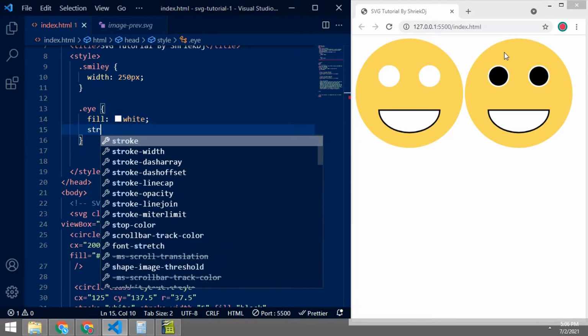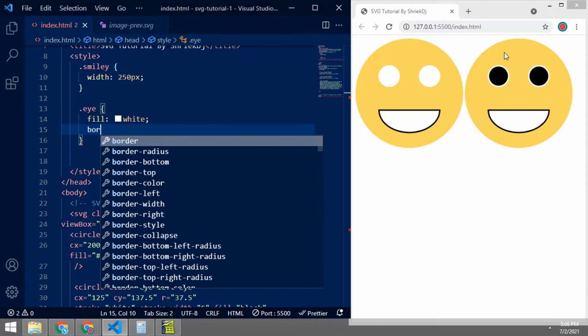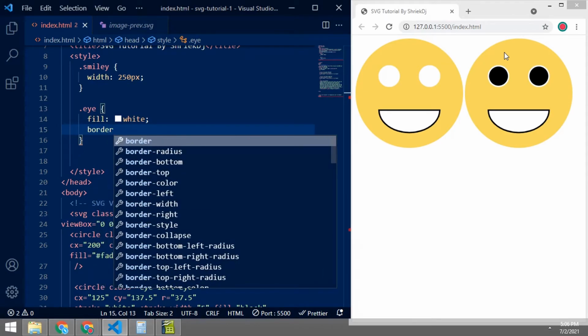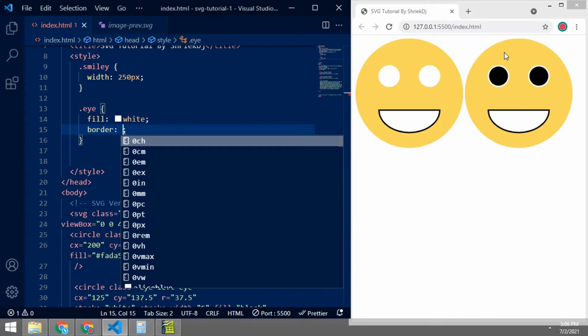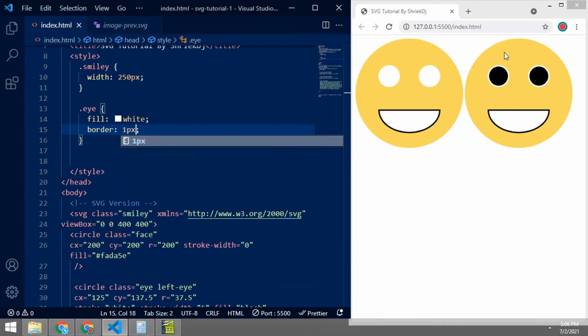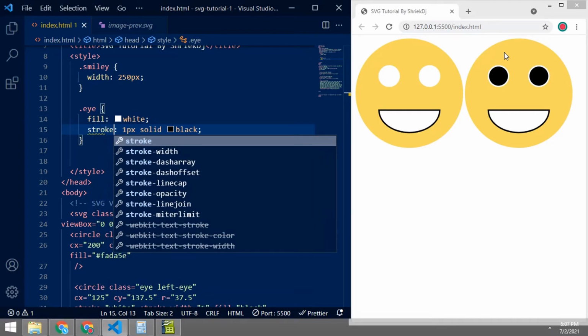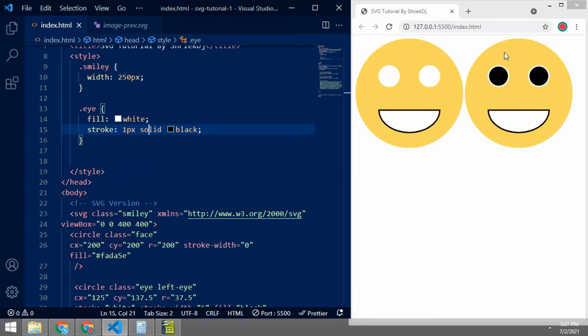Like here, I can also use a stroke. But before that, what is a stroke? Like we use 1px solid black, like that content. It is a border. See, it does not work because it is not an HTML element, it is an SVG element. For SVG there are other properties like stroke. Instead of border it is stroke, which is used for color.